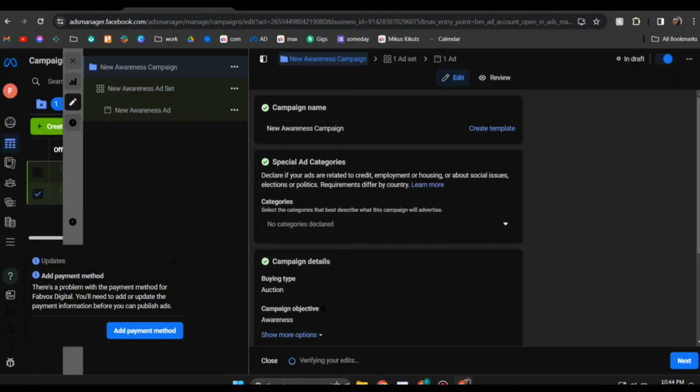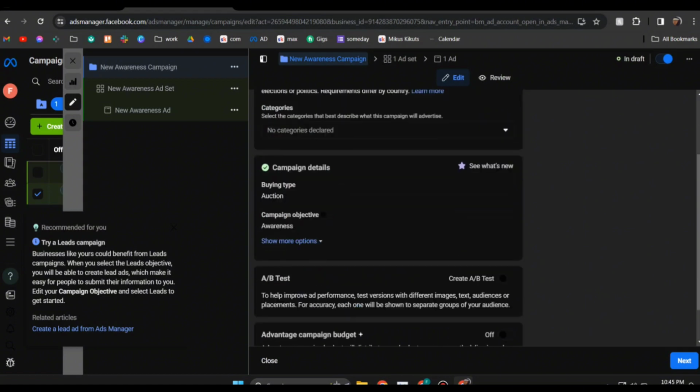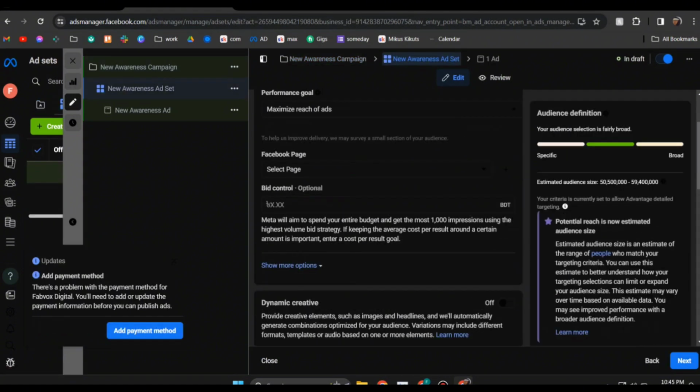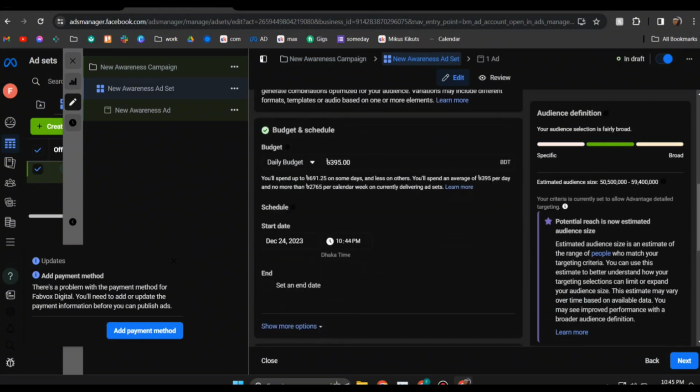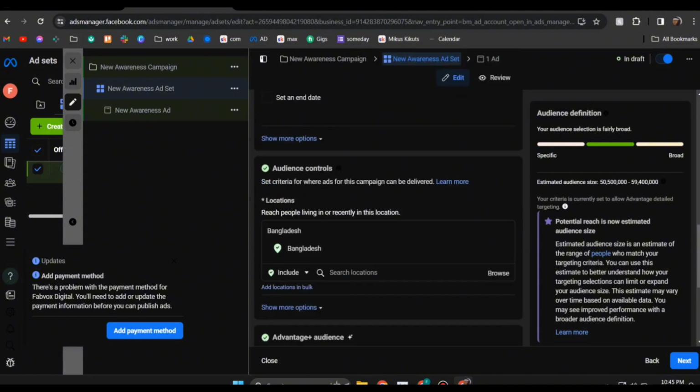As you can see, you need to put in all of these details like name, so select all of them, and then we're going to click on next right over here. And then once it loads up, you're going to scroll down until you find something called audience control and location. So we're going to click on edit over here,